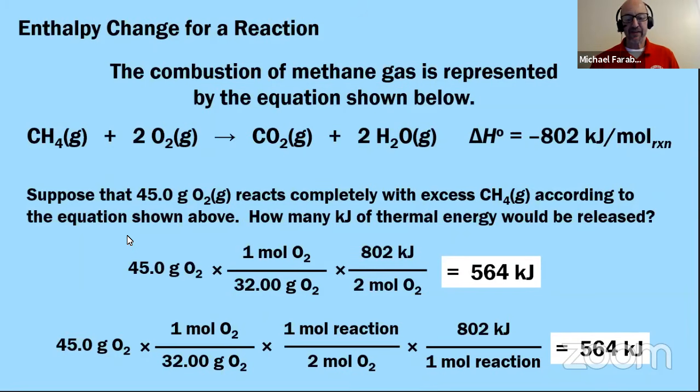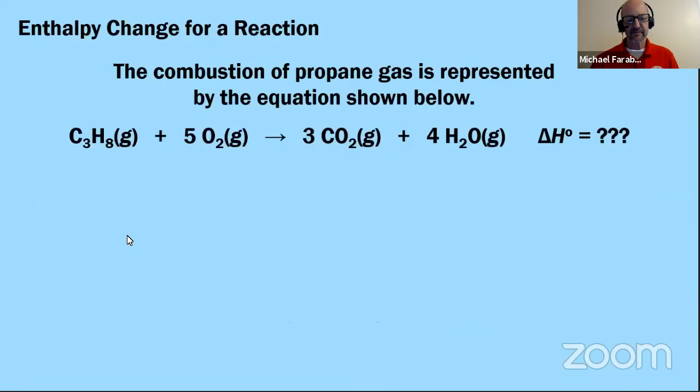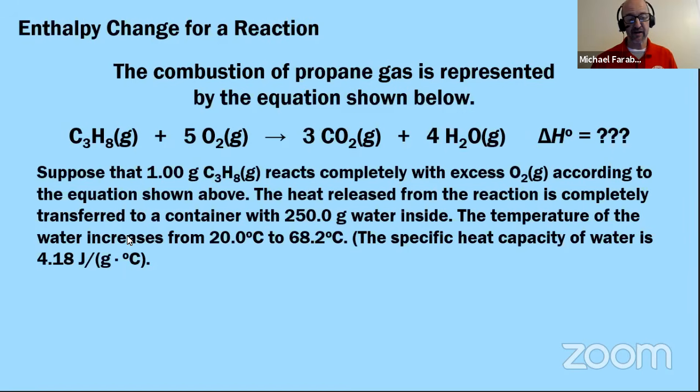All right, well, we were given the delta H for the combustion of methane. Now we have the combustion of a different chemical. This is propane, C3H8, but now we don't have the delta H. So this is going to be a review of some concepts that I had explained on Friday's lesson talking about calorimetry. Suppose that 1.00 gram of propane is combusted or reacts completely with oxygen according to the equation